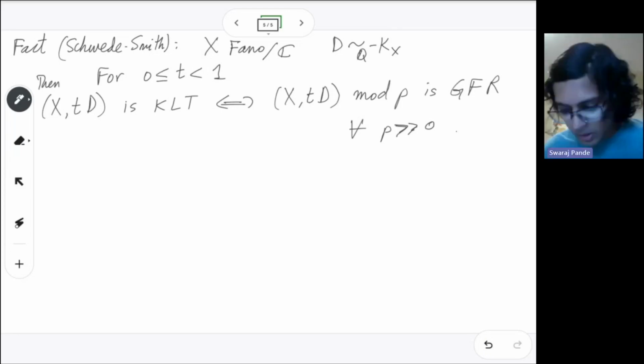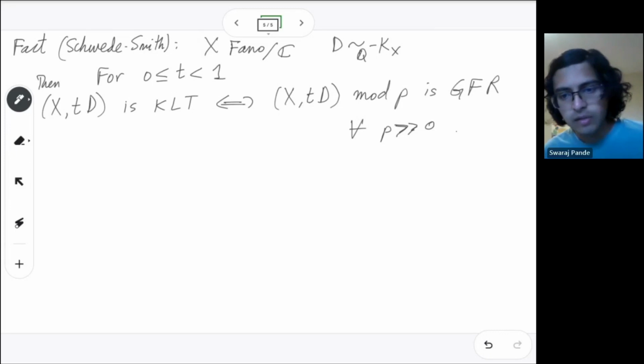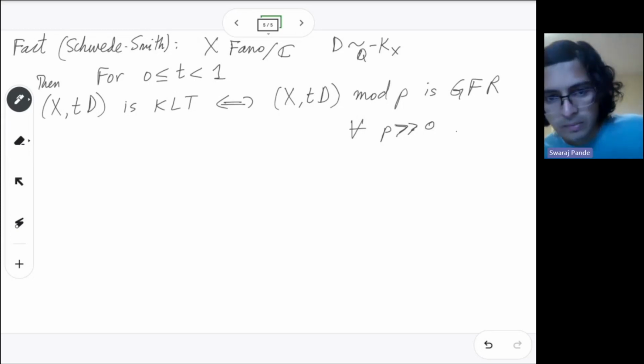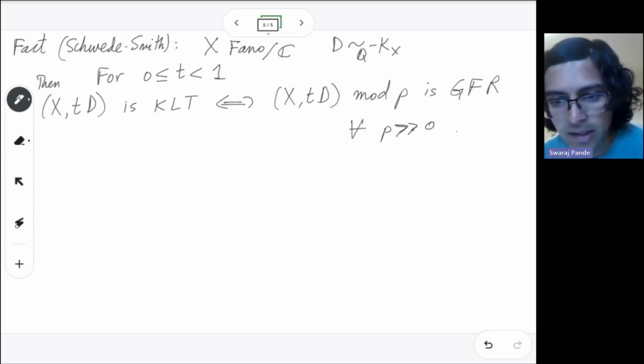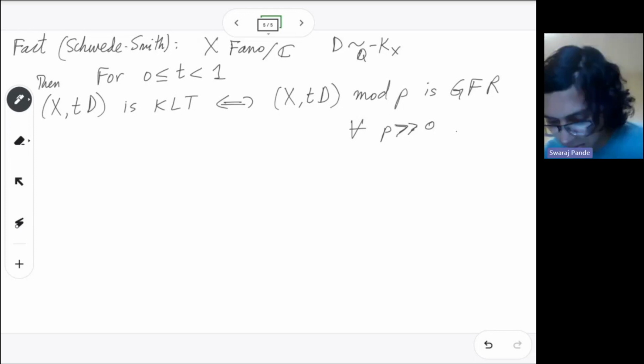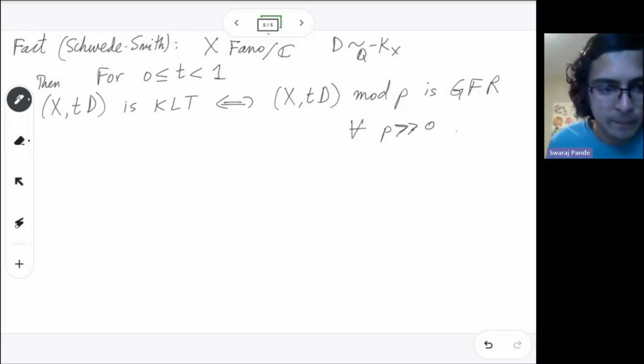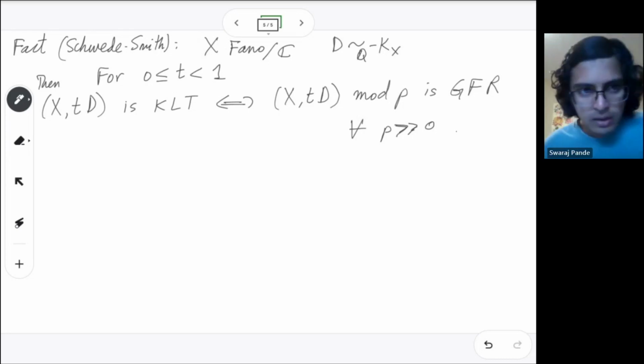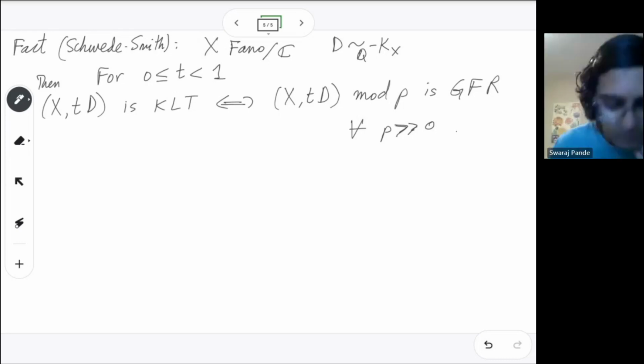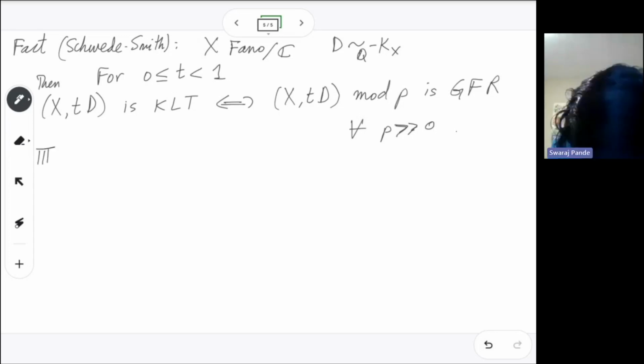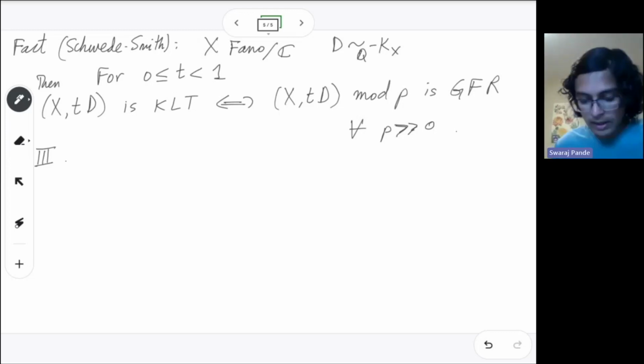So if we fix a t and fix a divisor D, for a pair to be KLT in characteristic 0 is essentially equivalent to it being globally F regular mod p for all large p. This is one reason why we say that global F regularity is an analog of KLT singularities in characteristic p. Morally they are very closely related, and morally they're like the same. Okay. So motivated by this fact, that it's a reasonable thing to replace KLT with global F regularity,